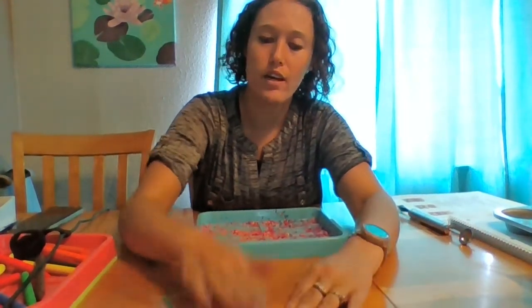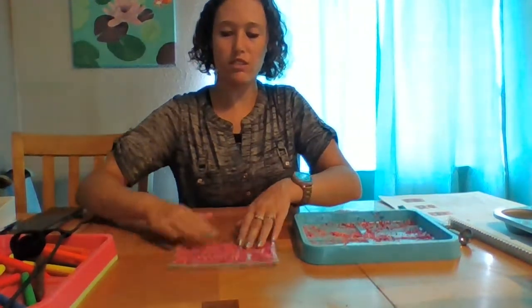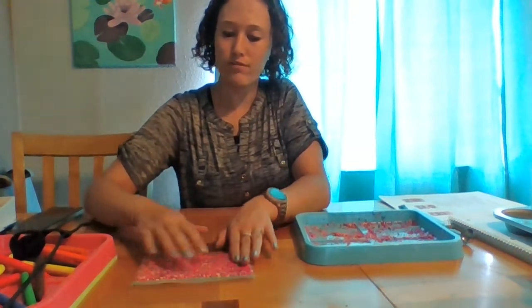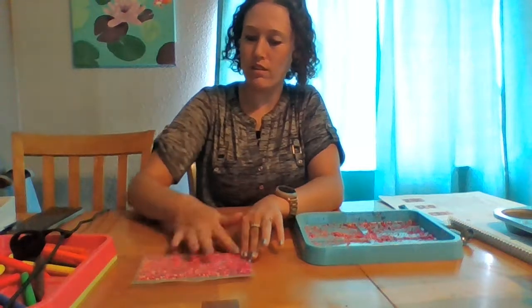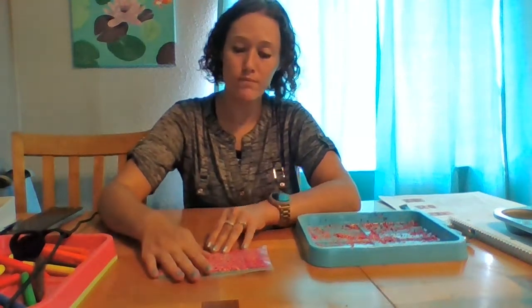All right, now I am going to just shake this. Sorry, I'll move it down. Shake this on the table until I have a nice flat layer here. Okay. It is also good to note here that the thinner your rock is, the more likely it is to break. However, the thicker it is, the more pressure you will need, the harder you will have to press down. So